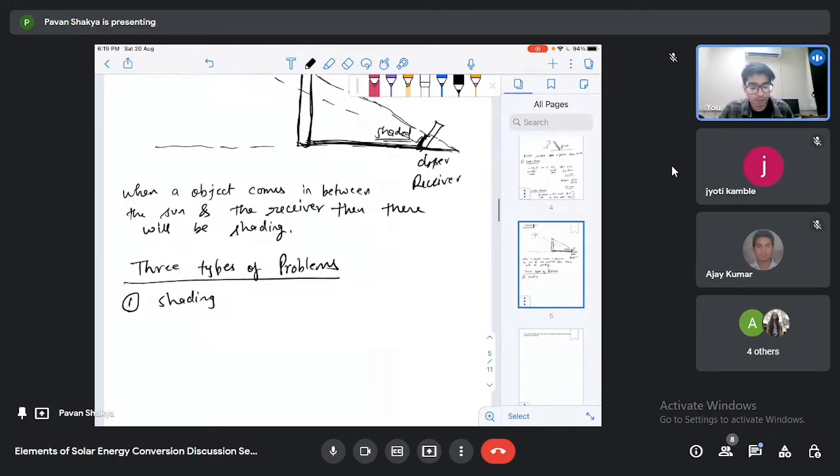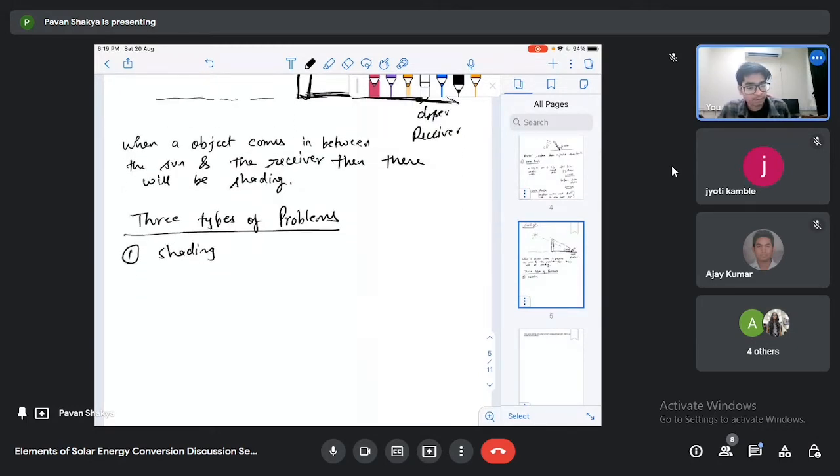The first type of problem is when a building or tree or any object comes in between the